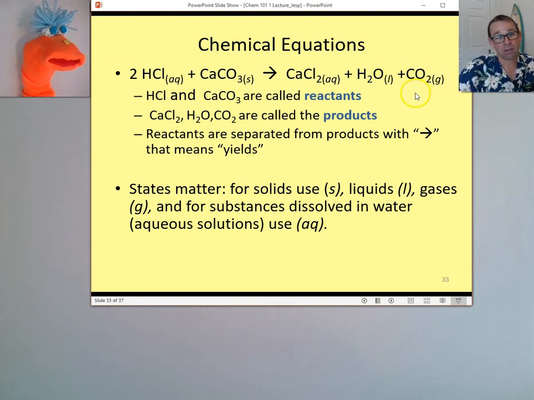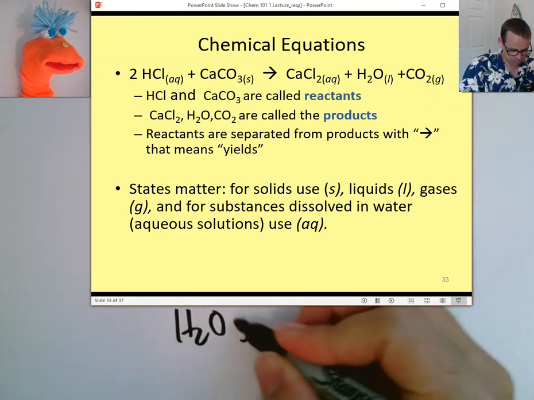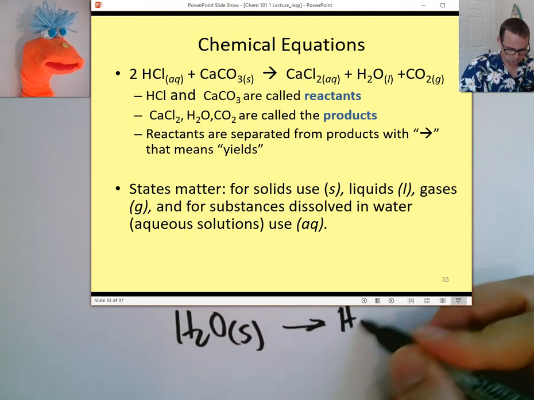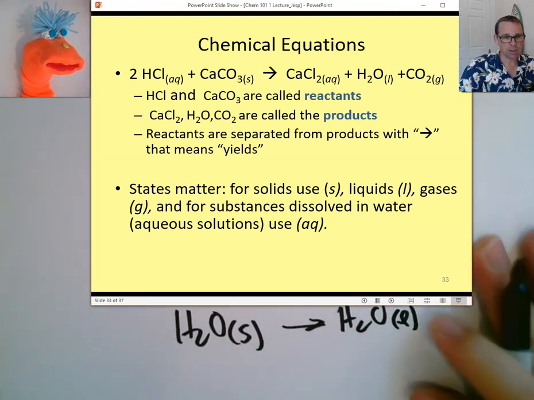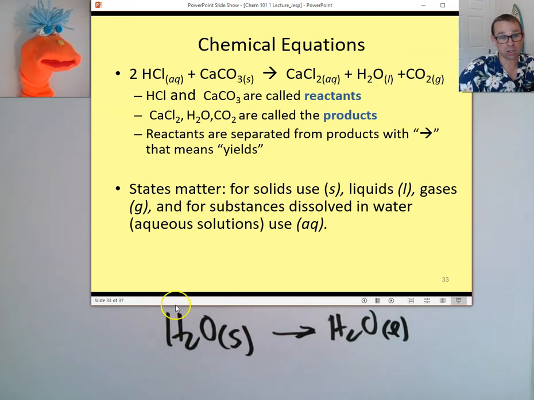I should write that out because I don't want to confuse you. You never change water, for example, from a solid to water that's a liquid. That is melting, right? You can see that that's not a chemical change, is it? It's a physical change. The atoms, oxygen and hydrogen, are not